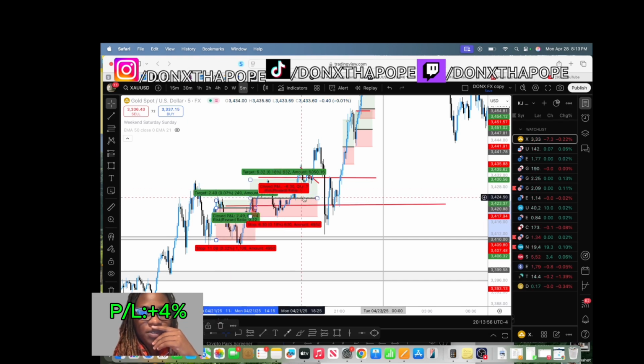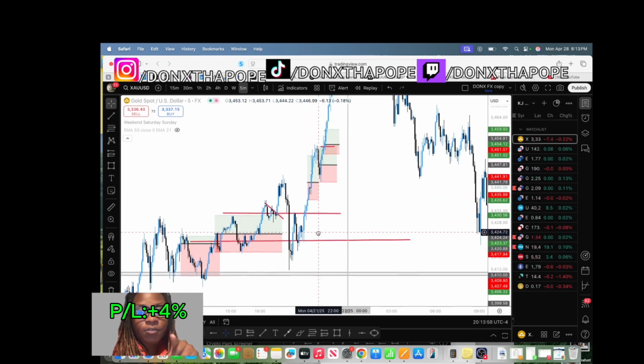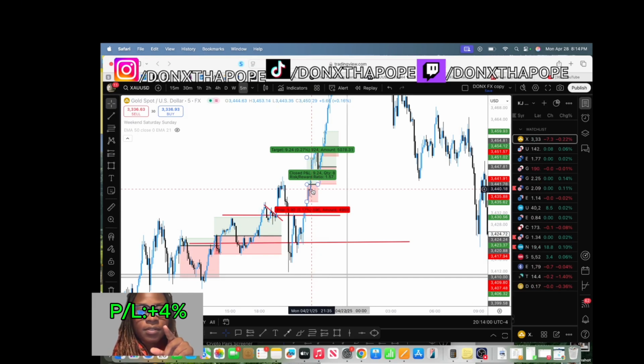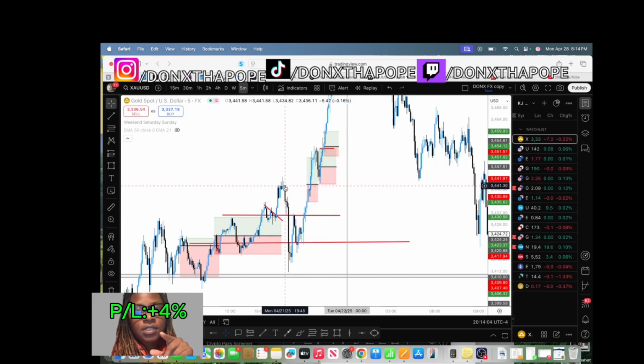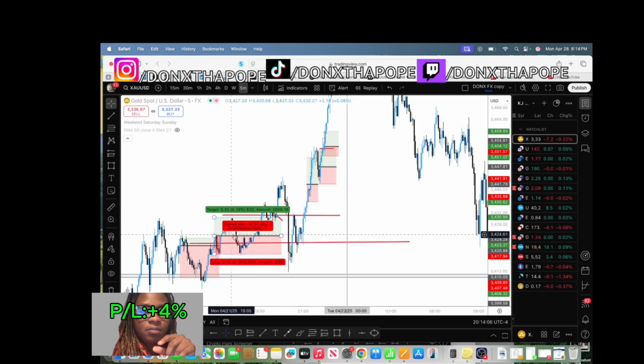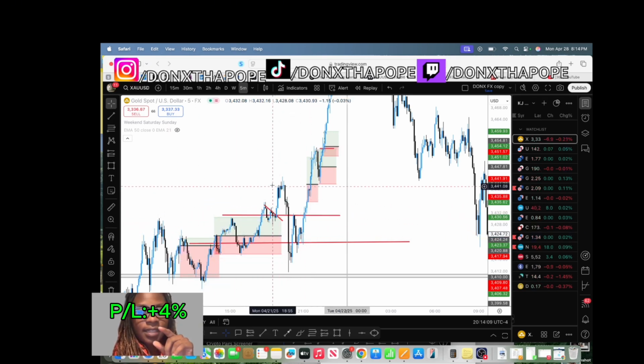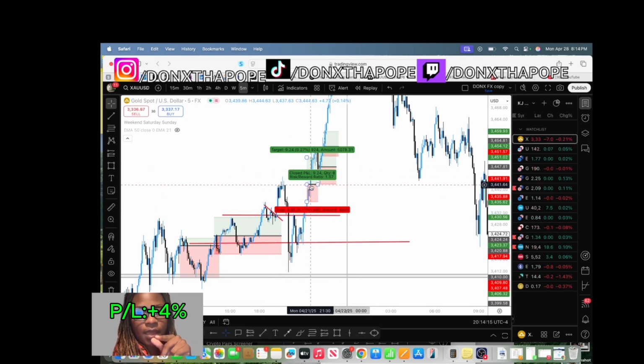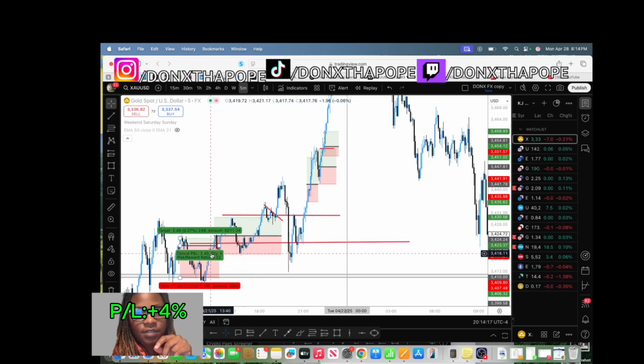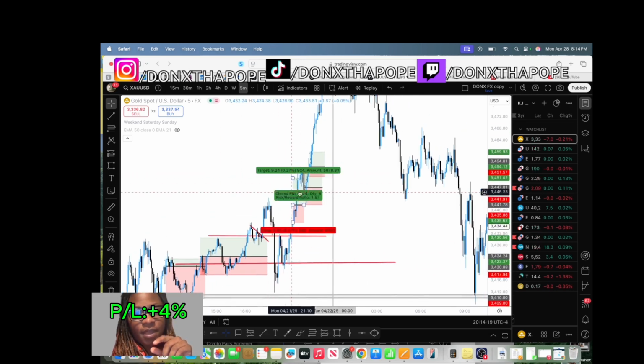It didn't even make 1%. This one made 1%. It crossed each other out. Boom. Later on the day, I got a 1.5. Because, of course, I bought it when it broke this high. I also bought it when it broke this high. And then I bought it again when it broke this high. I missed this entry for some reason. I don't know why. But boom, I bought it. It was 1.5. So we 1.5 positive.